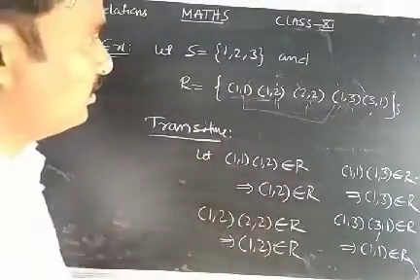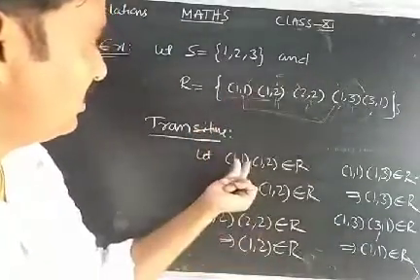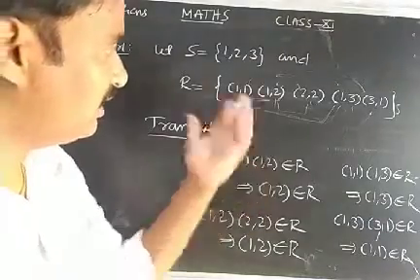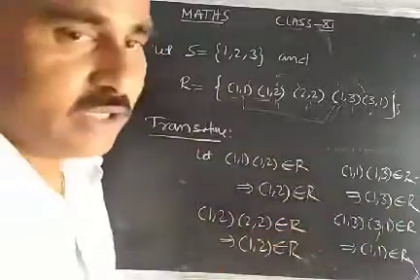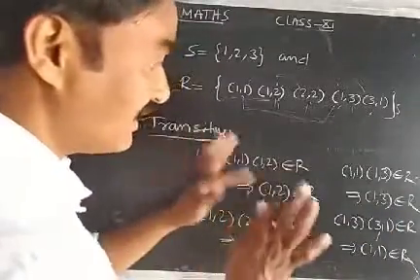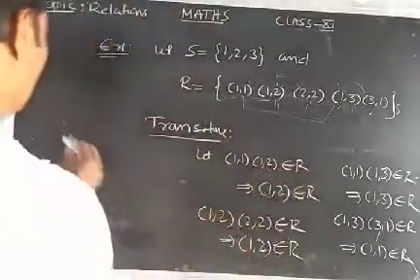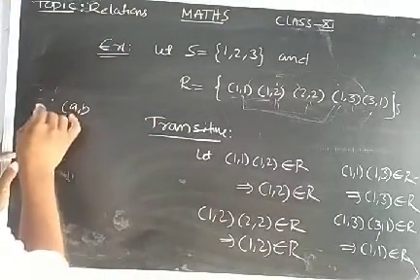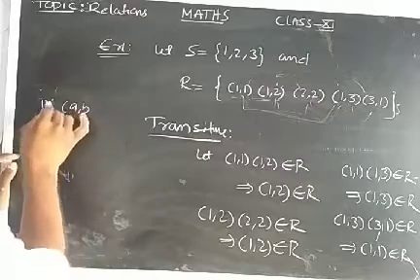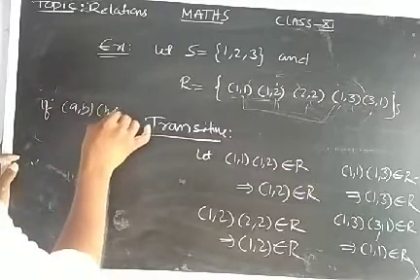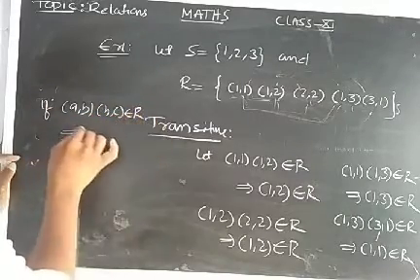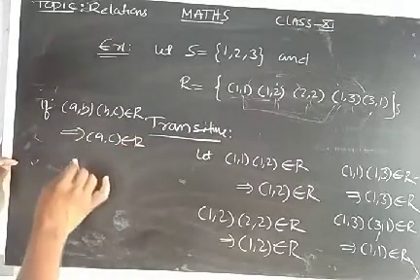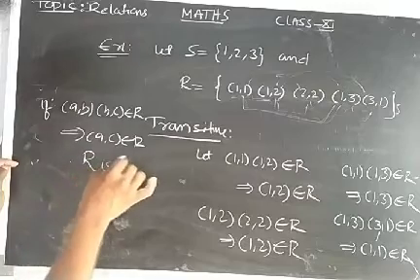Right? Now over. Any two ordered pairs such that the second element of the first ordered pair equals the first element of the second ordered pair, all possible ordered pairs I have taken. So all such ordered pairs satisfy the condition. When all are satisfying the condition, then you write the property. What is the property? If (a, b) and (b, c) belong to R, then I verify that (a, c) also belongs to R. Therefore R is transitive.